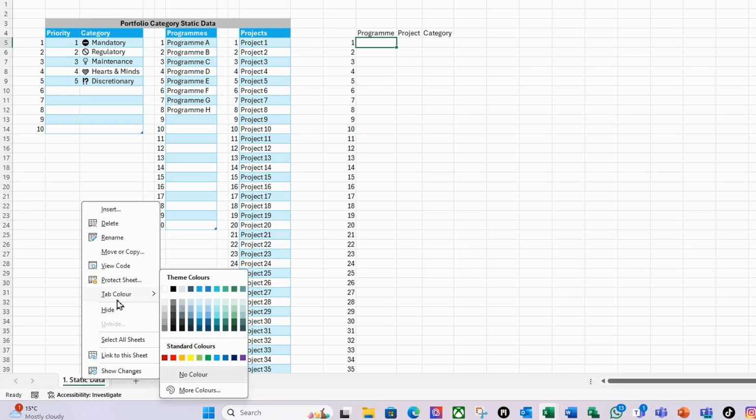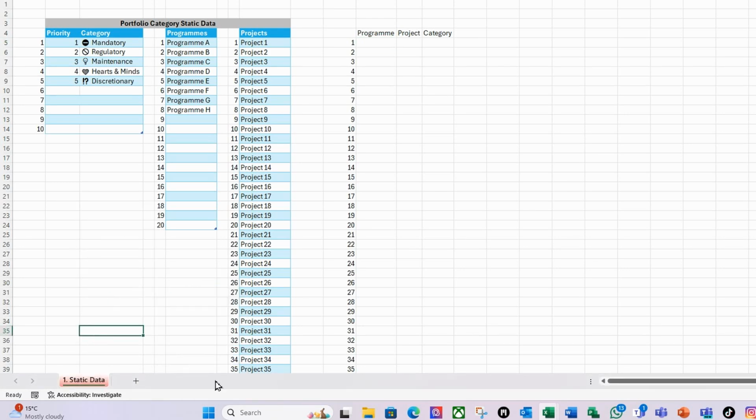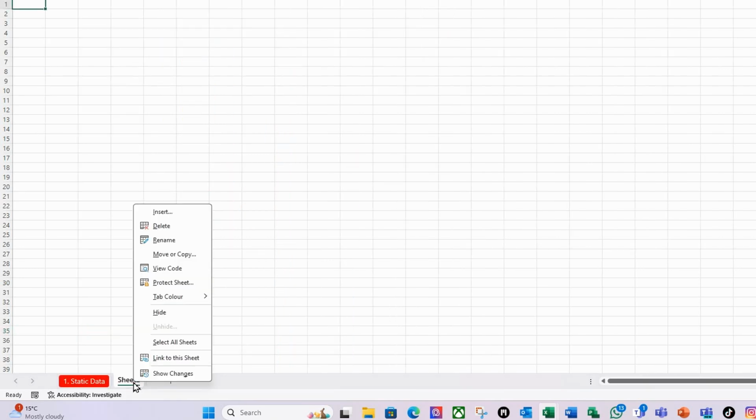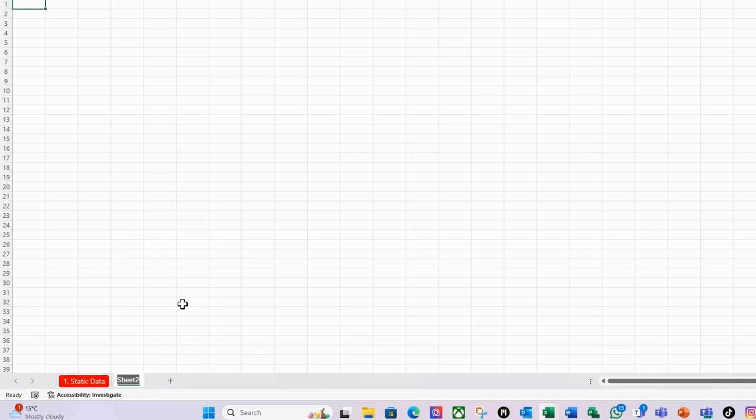And I'm going to right click on that tab. I'm going to change the tab color to be red here. I'm then going to add another tab, and this will be our static data support tab. So I'm going to hit the plus sign here, and I'm going to rename this static data